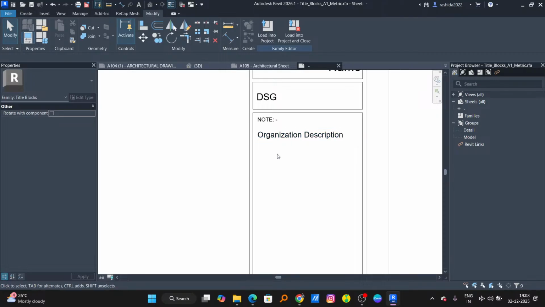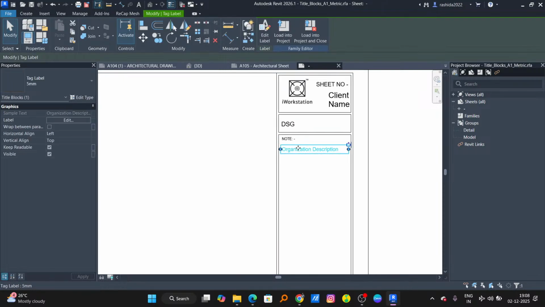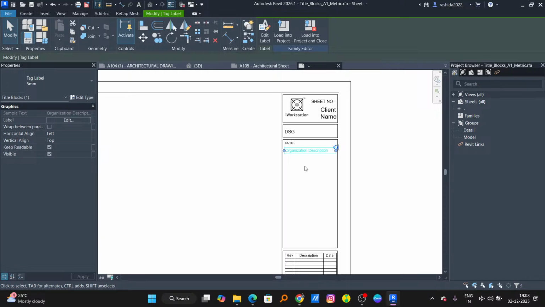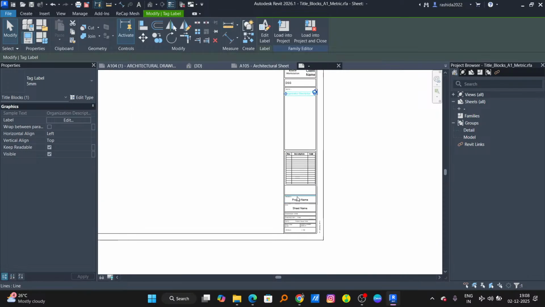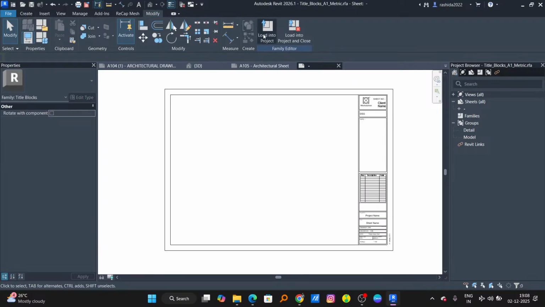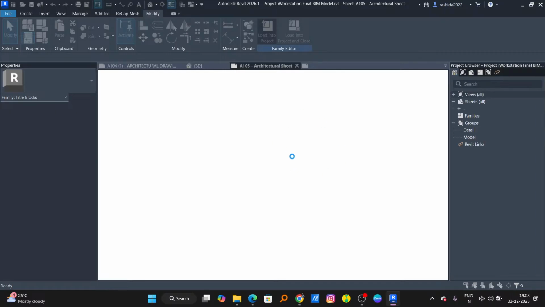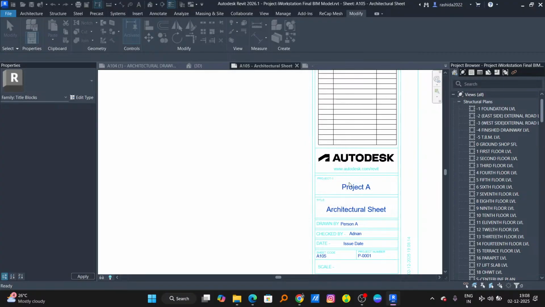Many of you would have seen that all the construction notes in most of the sheets are by default the same, so you can copy paste the construction notes from wherever you want, just paste it over here. You can get it from anywhere, and then let's say I've just deleted a few things over here, and I can load into project. So once I click on load into project, the things which I have performed in the sheet,